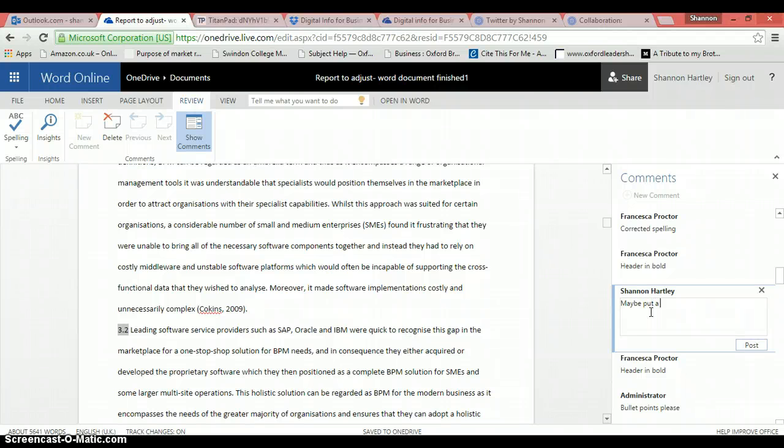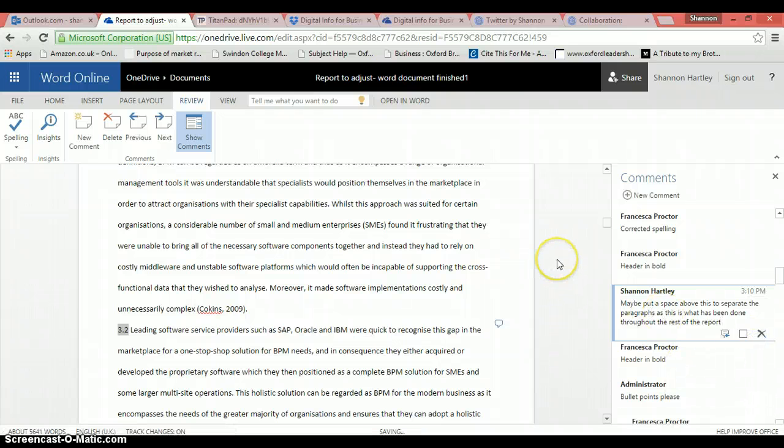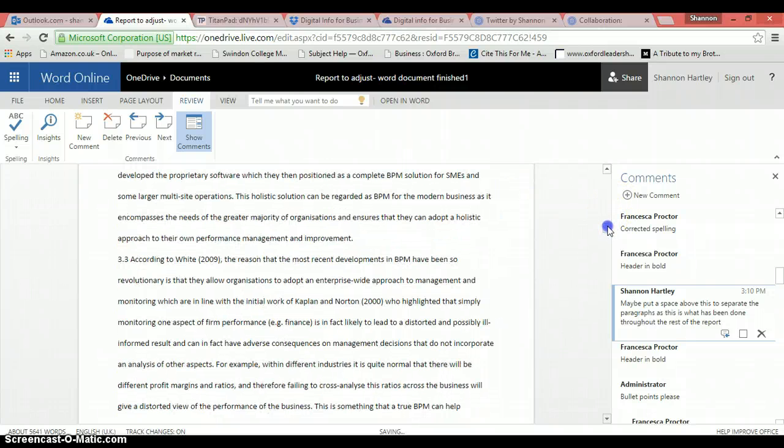Maybe put a space above this to separate the paragraphs, as this is what has been done throughout the rest of the report. That might be something that I'd have to look out for again with OneDrive. Maybe later on today I'll be able to find the document that I had commented on. So I just wanted to put that here as well.